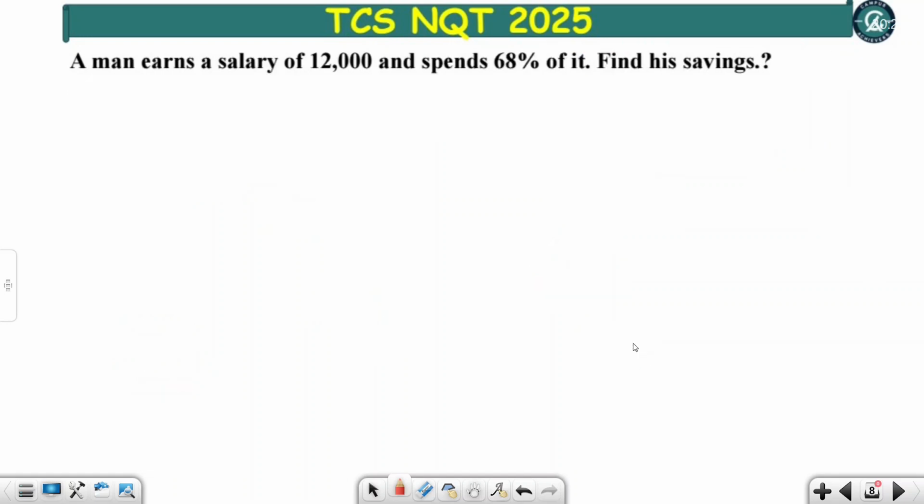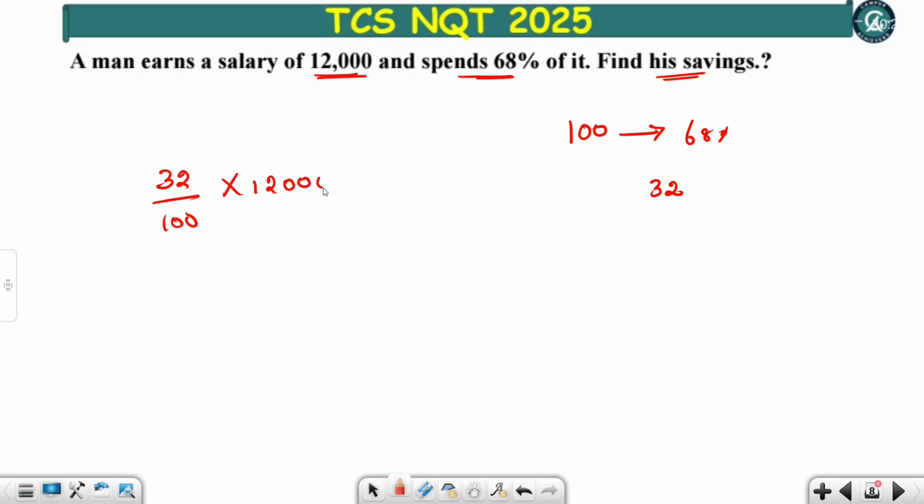Okay, next, a man earns a salary of 12,000 and spends 68% of it. Find his savings. See, if a person earns 100 rupees, that person is spending 68 rupees. That means what will be the remaining amount? 32 rupees. Now the question is, what is 32% of 12,000? Anyhow zeros and zeros are going to get cancelled. So 32 into 120. What is 32 into 120? 32 into 10 is 320, and 32 into 2 is 64. So the answer will be